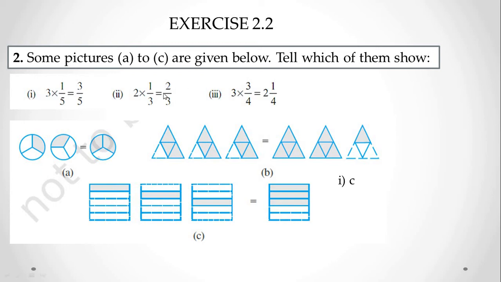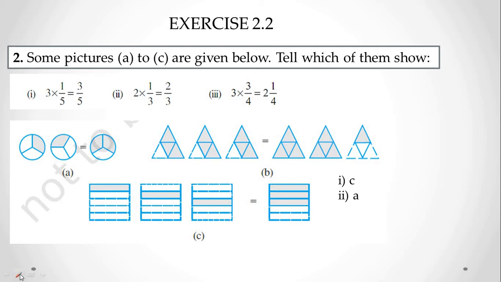Second one, 2 repetitions of the figure are there, so here it is 2, and 1 is selected out of 3 partitions, so here 1 is selected out of 3, and at the last if you multiply, 2 parts are selected out of 3, so it is nothing but A. Third one, 3 repetitions are given here, 3 parts are selected, 1 2 3 out of 4, and at the last it is 9 by 4. 3 into 3 is 9, 9 upon 4. So 9 upon 4 can be written as 2 1 upon 4. Why? Because 4 into 2 is 8, 8 plus 1 is 9.